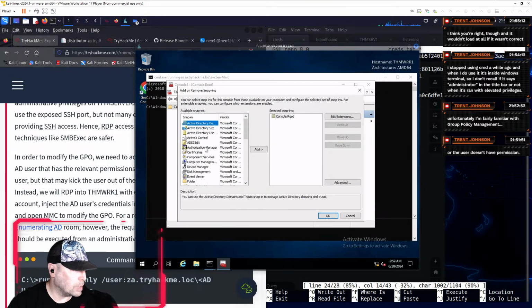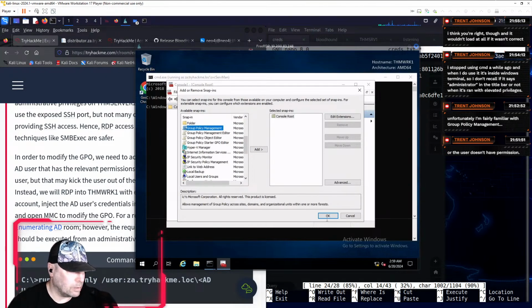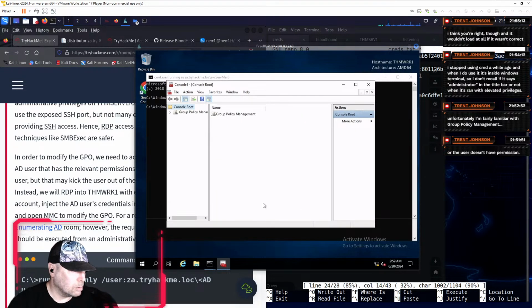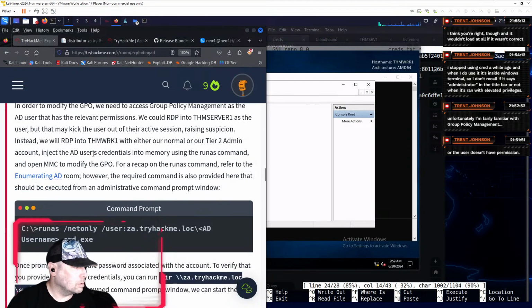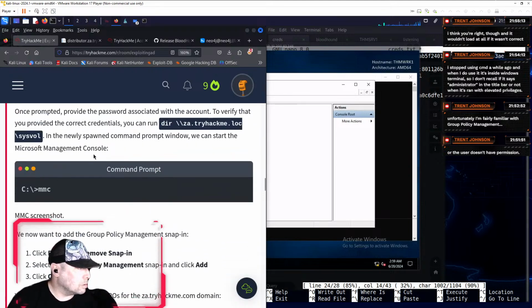Add, remove, snap-in, group policy management, add, okay. So it seems like it worked. All right.